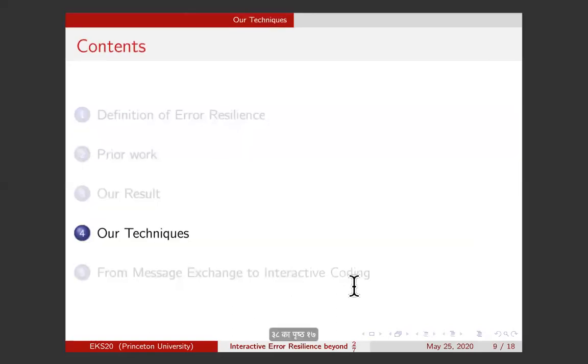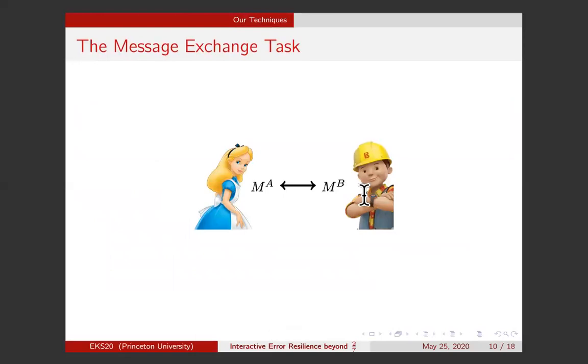Now, the rest of this talk, this was my main result. The rest of this talk will be me describing the ideas that go behind this result one by one and explaining our techniques. For this purpose, I will restrict attention to the message exchange task, which is a particularly simple interactive task. Here, again, you have two parties, Alice and Bob, with input messages MA and MB respectively.